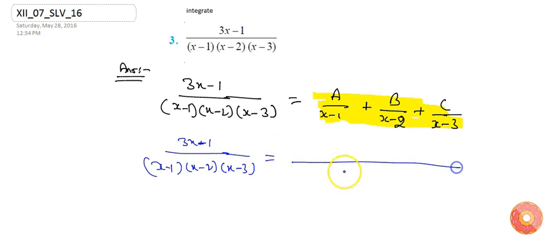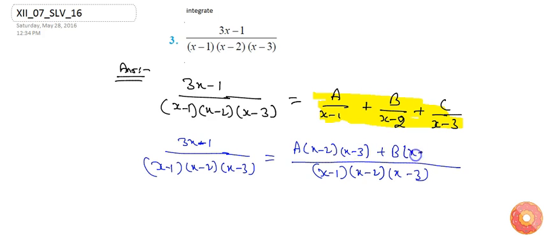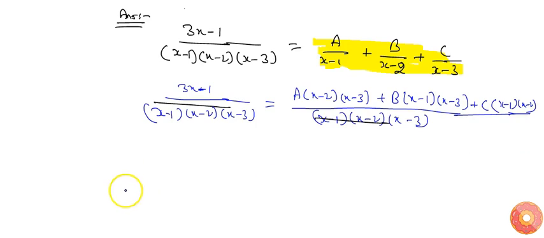Here in the right hand side it will be x minus 1, x minus 2 and x minus 3. A times x minus 2, x minus 3, plus B times x minus 1, x minus 3, and plus C times x minus 1, x minus 2. Now the denominator of both the sides vanishes, so we will get